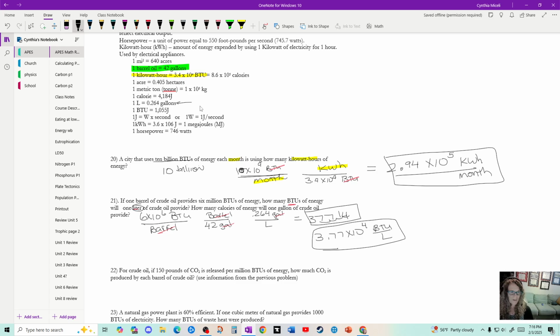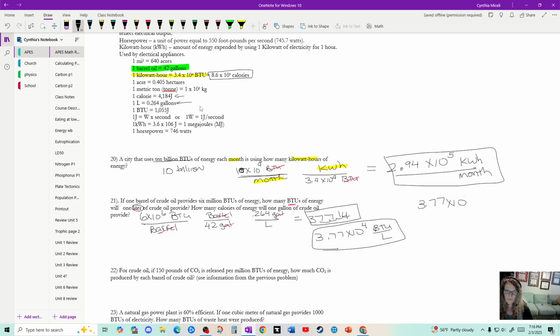Okay, so now there's this part 2. How many times do we miss the part 2 question? How many calories of energy will 1 gallon of crude oil provide? Do you see anything with calories? I don't think we want joules, but we do have this. So we know that a BTU is equal to this many calories. Well, this is how many BTUs we have, so we can just multiply it. So we can take this answer and we can do